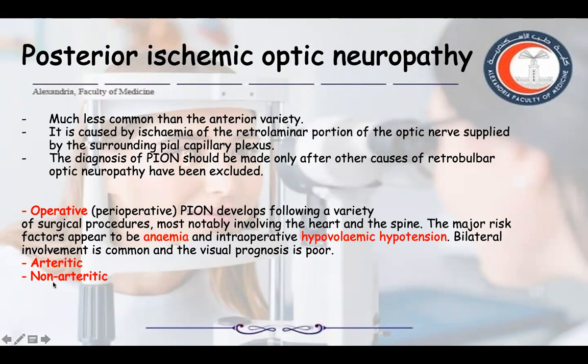What are the 3 causes of posterior ischemic optic neuropathy? Operative, arteritic, or non-arteritic. The operative causes are surgeries that require hypotension or hypovolemia, where some surgeons ask the anesthesia for hypoperfusion. They need a bloodless field, so anesthesia tries, as much as possible, to provide the surgeon with a bloodless field and at the same time save